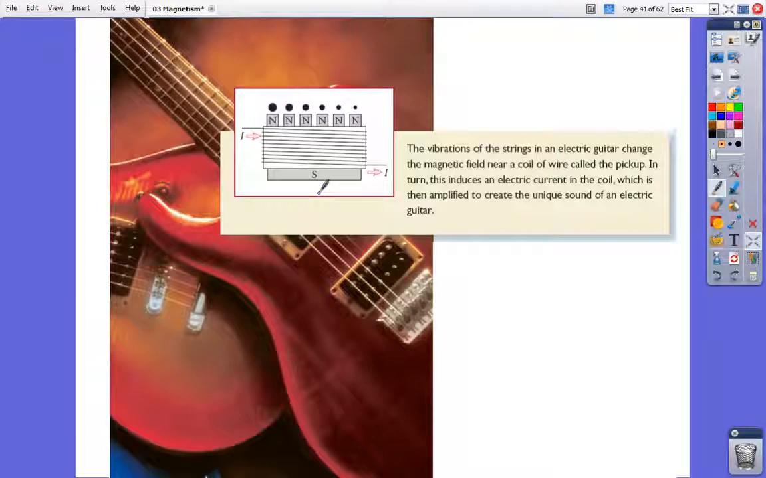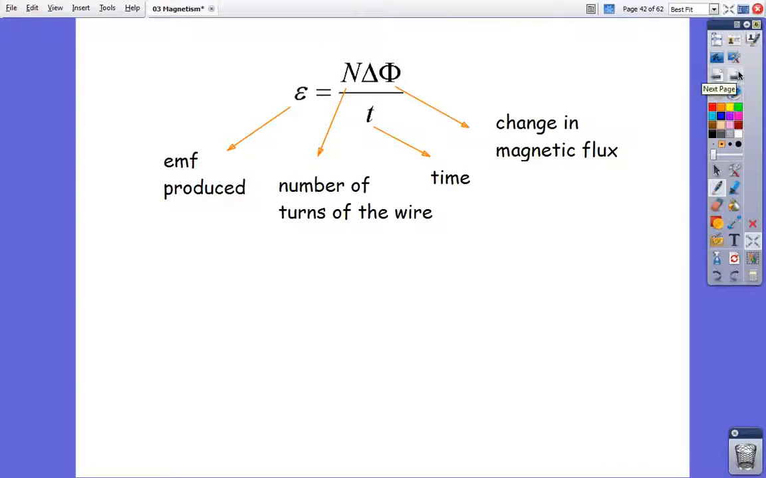So that's how you change sound, like mechanical sound, into electrical signal. So you change the magnetic field around the wire. Next,